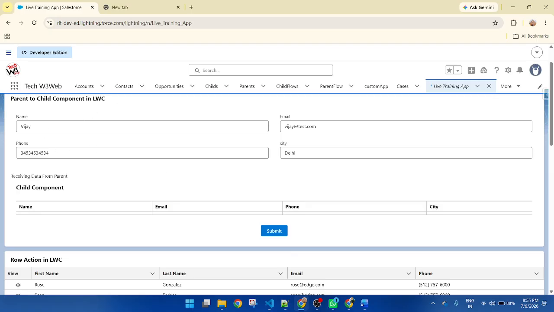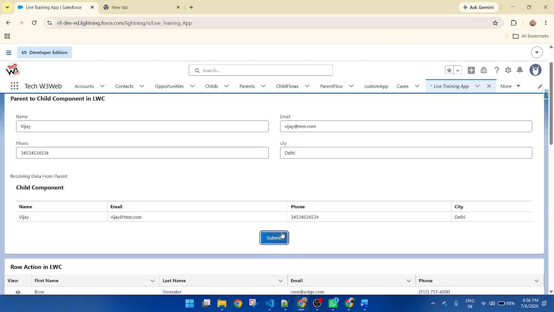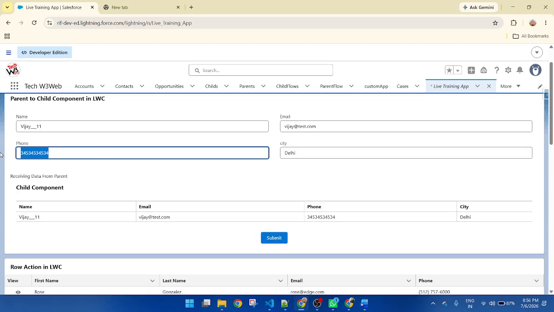This is the parent component. This is the child component. The button is also part of the parent component. So now let's click it. But see, all of the values are populated here. If you change the value, it will automatically update the changed value here. And if you put another value, it will display that value.